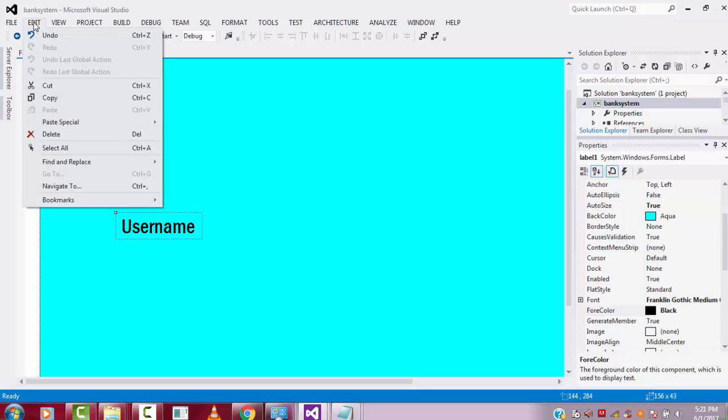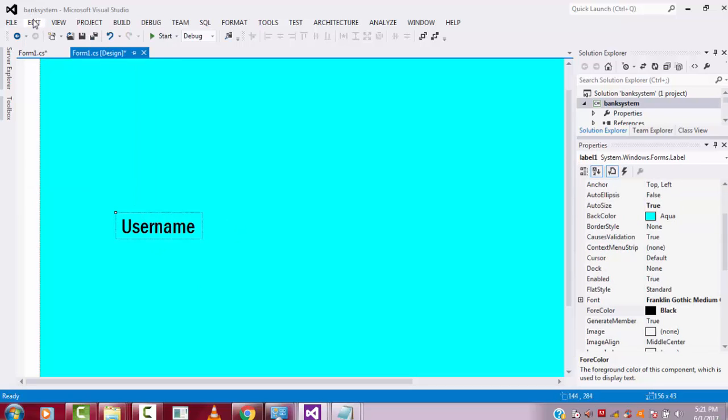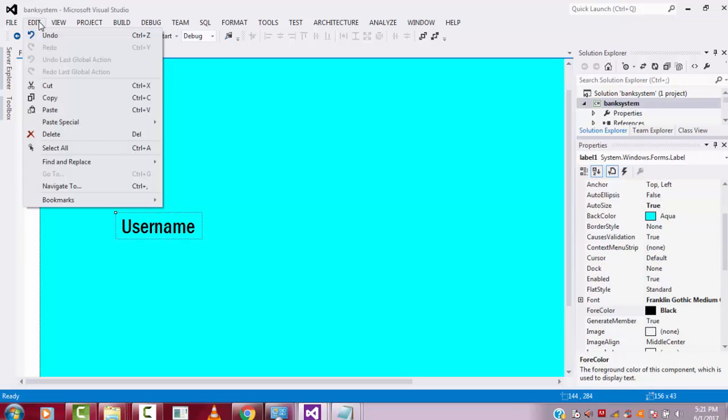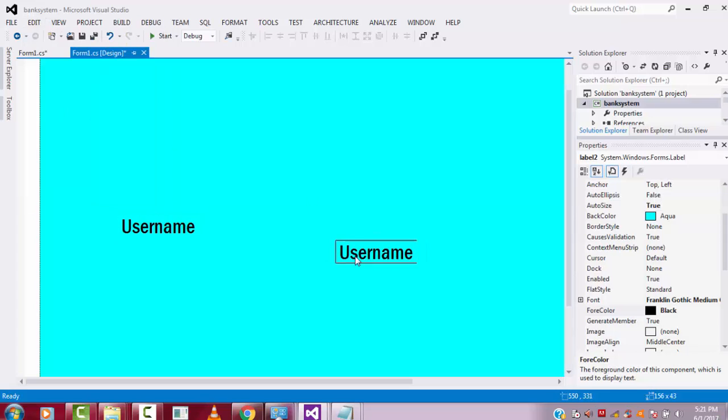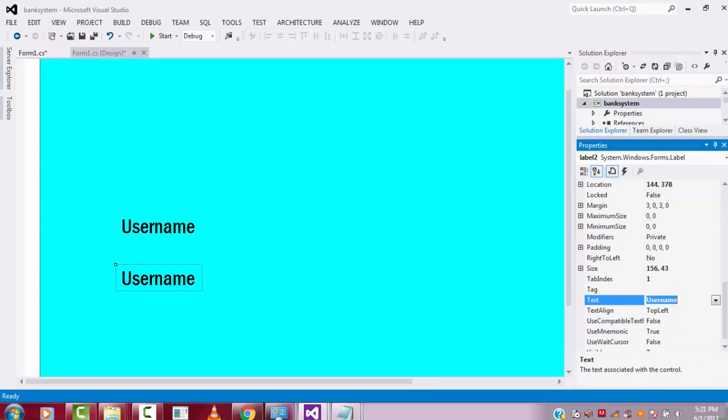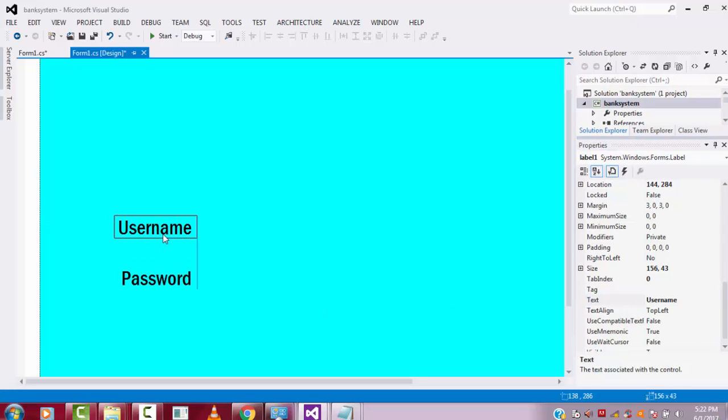So you just click on this one, go to the file menu, copy and paste it. Now you get the copy here, notice that, but the label name will be changed automatically to this one, which will be 1. Here you can arrange them in order. Below the name, change the text to password. Now you have successfully done the login name and password.